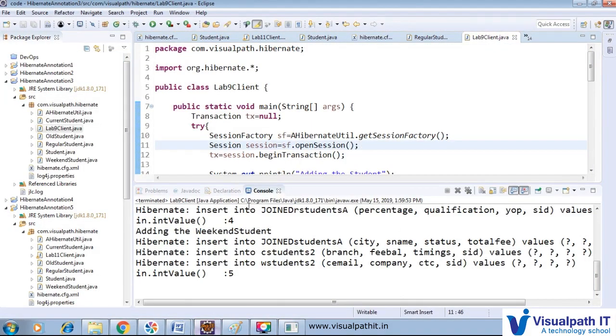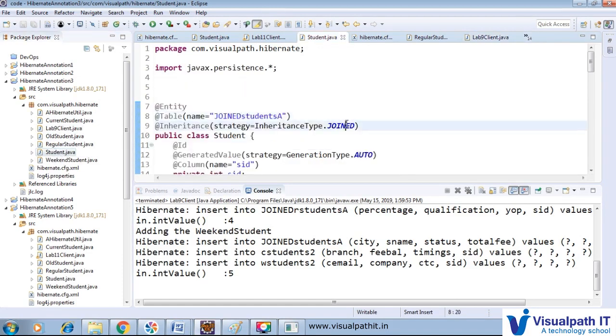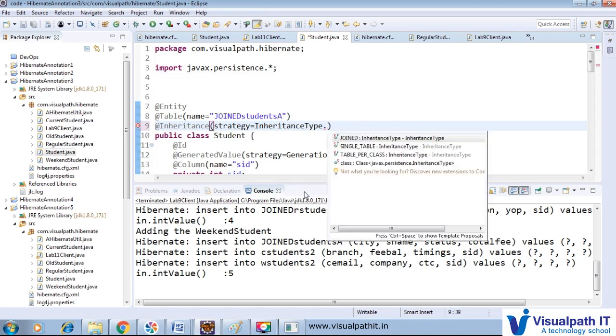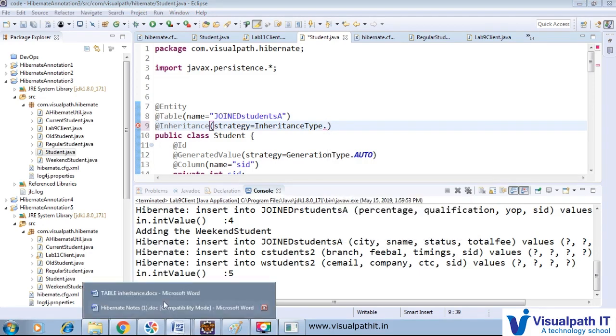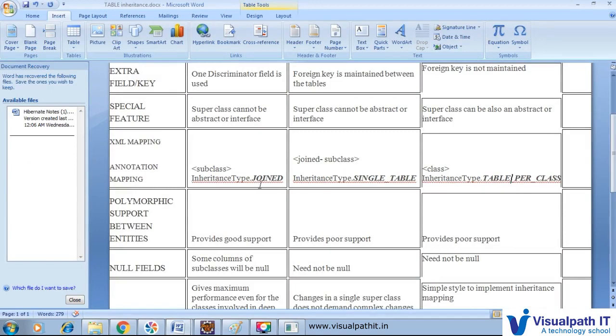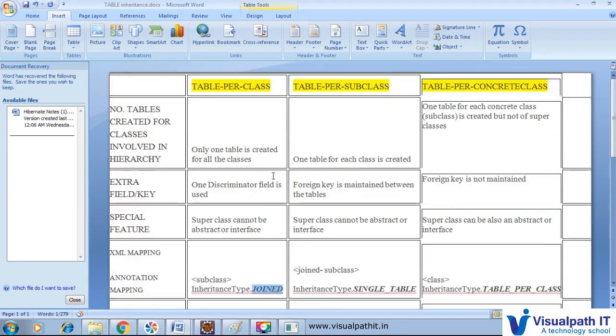So there are three things according to this: joined, single table, table per class. Those three things we can map here. So either joined table, single table, or table per class. Joined table we are using for table per class, single table for table per subclass, and